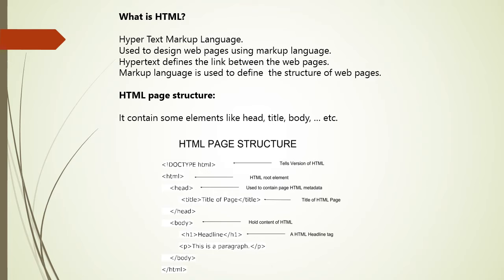Then <html>, that is the start of the HTML program. That is the root element. Then <head>. Next, we are giving the title of the HTML page by giving <title></title>, and in between these two tags, whatever title you want to give, you can insert the title. Then close the head tag, so </head>. Then <body>. So the basic contents of HTML will be over here.